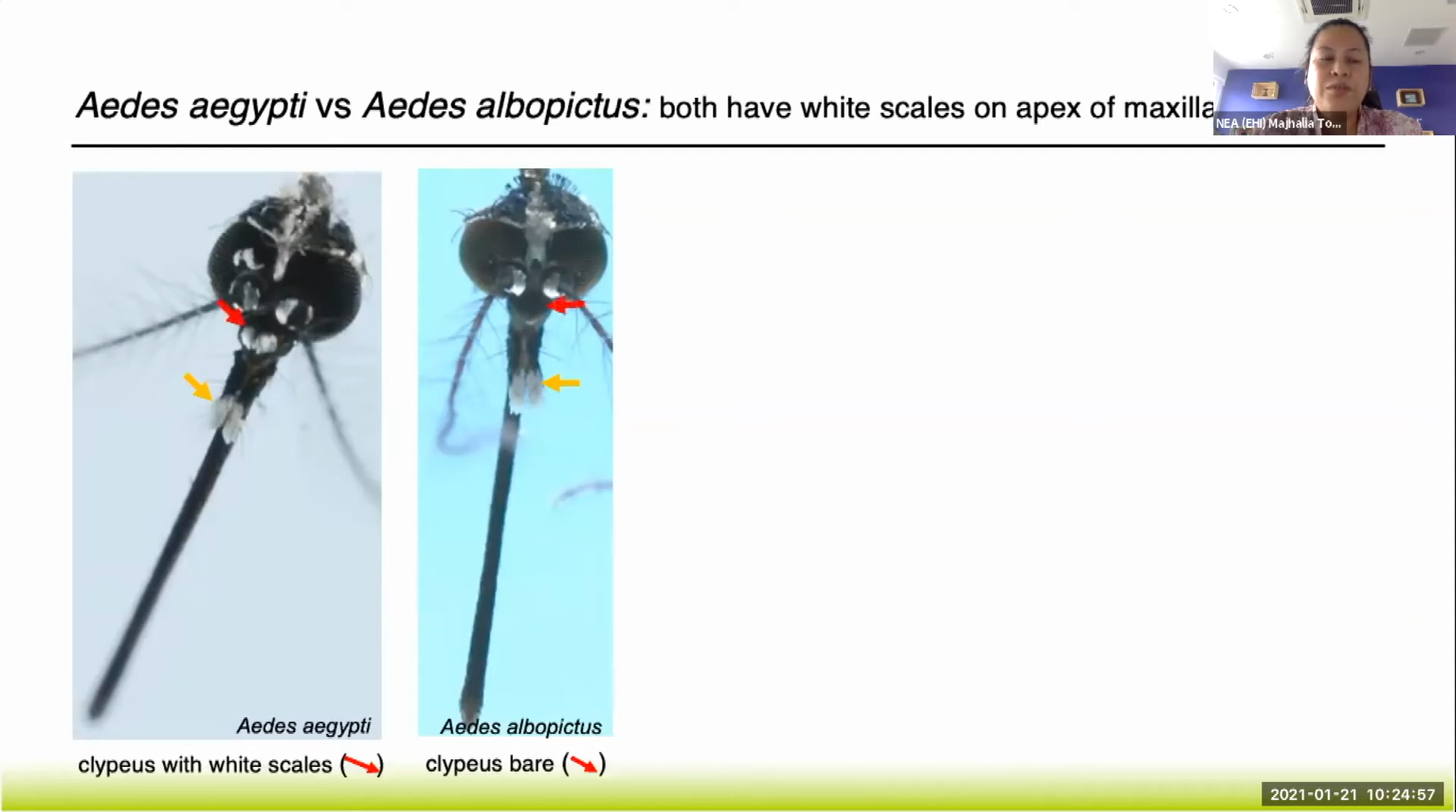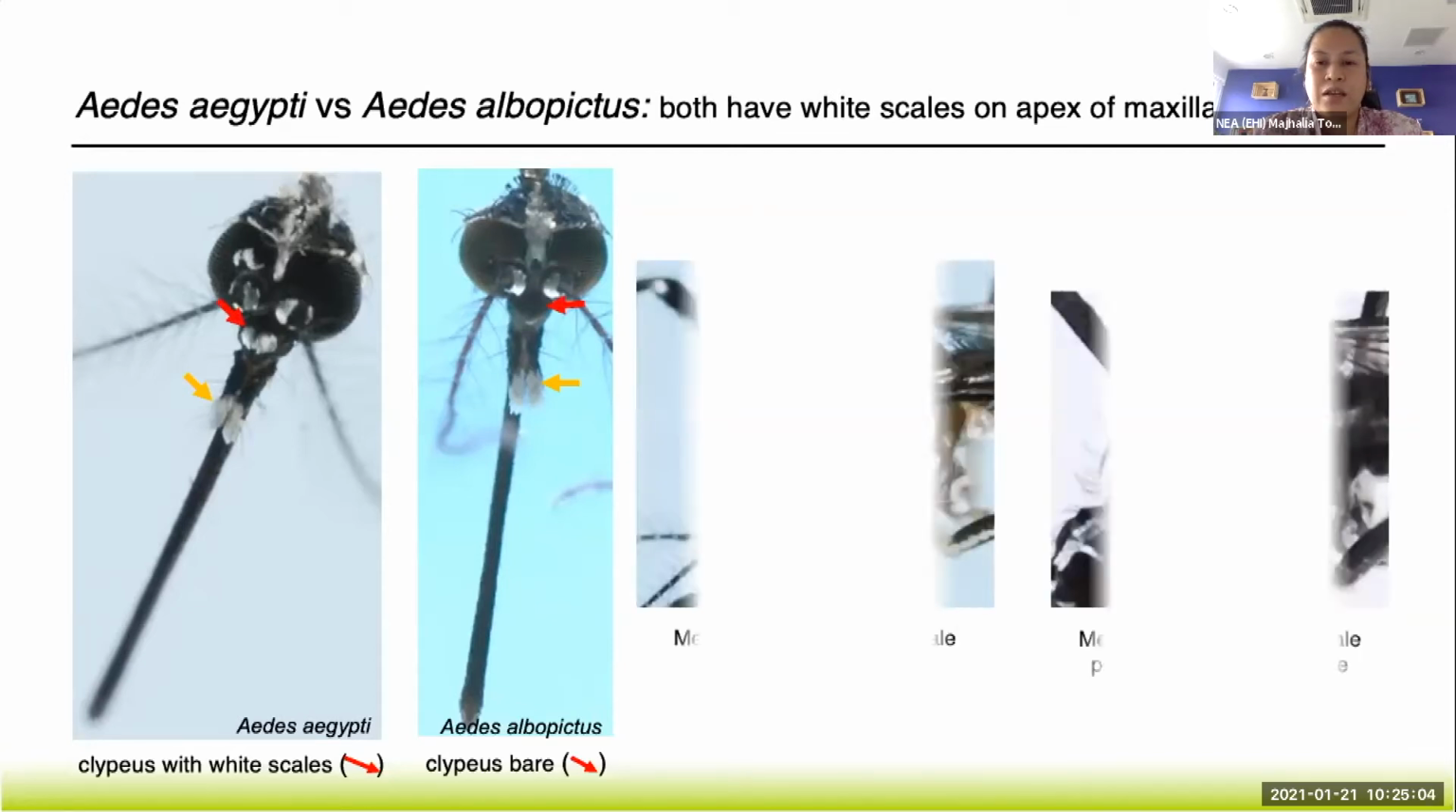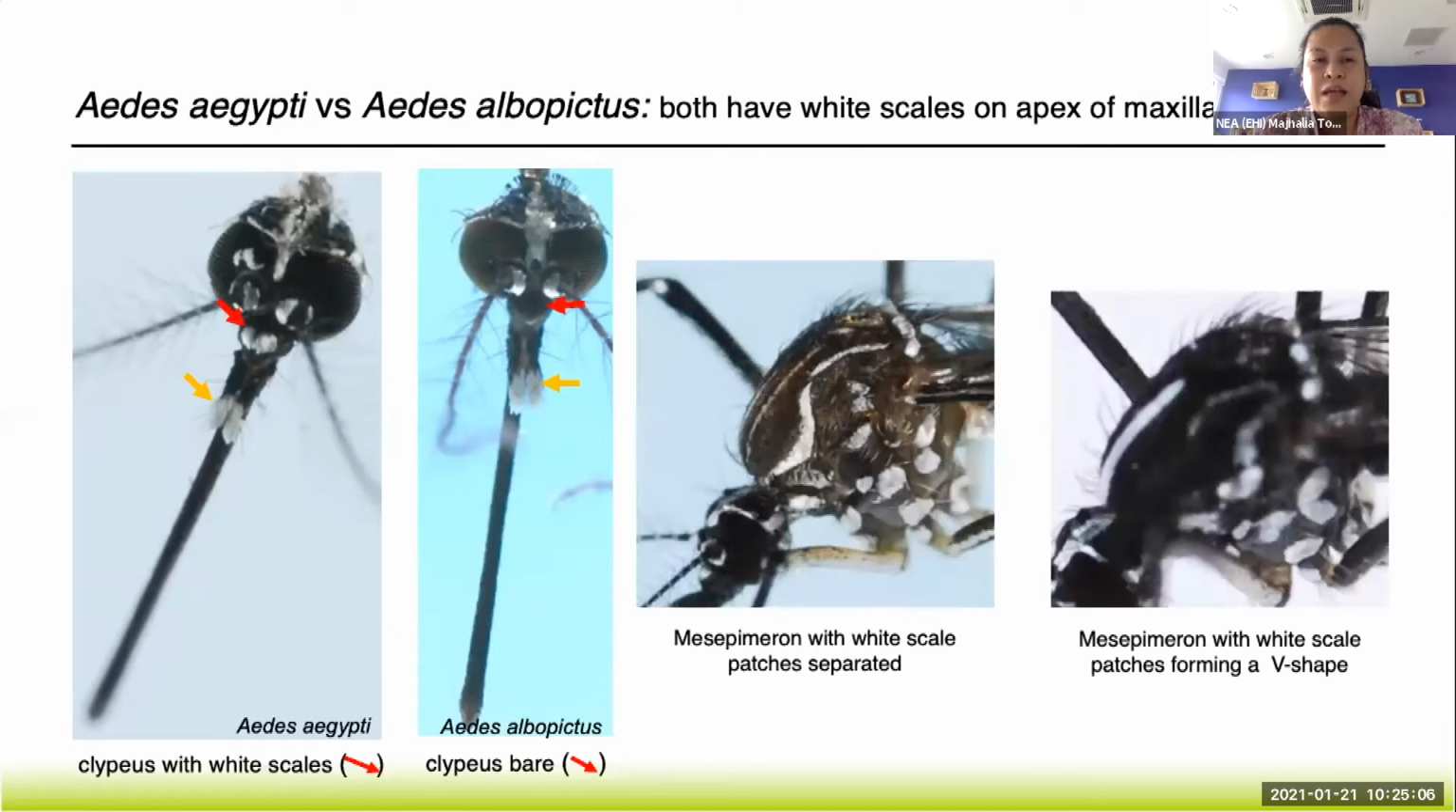In addition to the white scales on the clypeus of Aedes aegypti, there's another set of characteristics that you have to check, and that is found on the side of the thorax. So these are found on the mesepimeron. Any difference that you see? Of course, I've written it. Yes, the samples I've shown are females. All right, so the white scales,